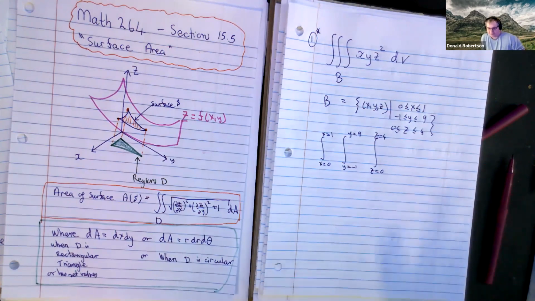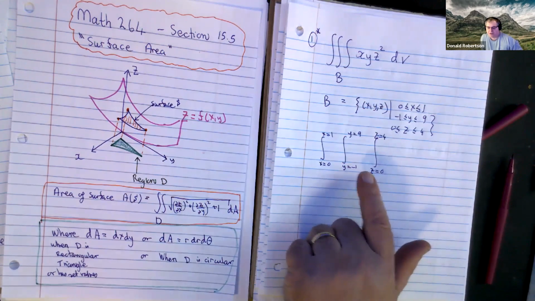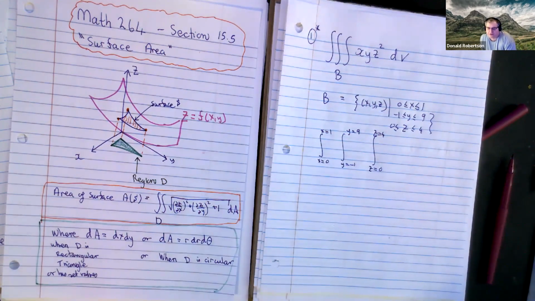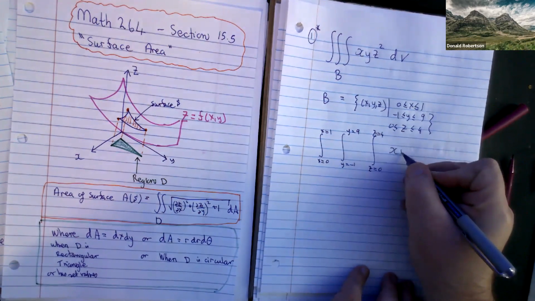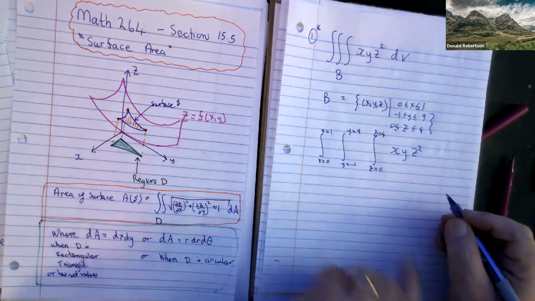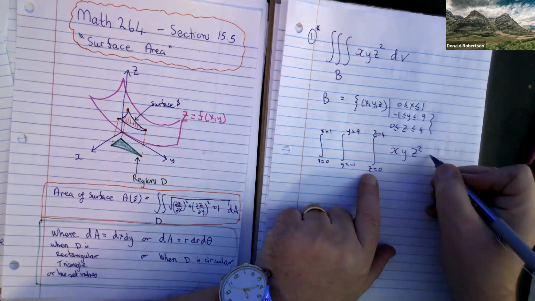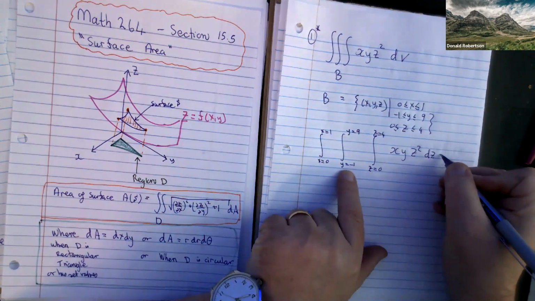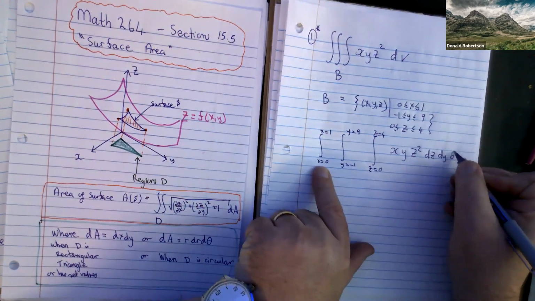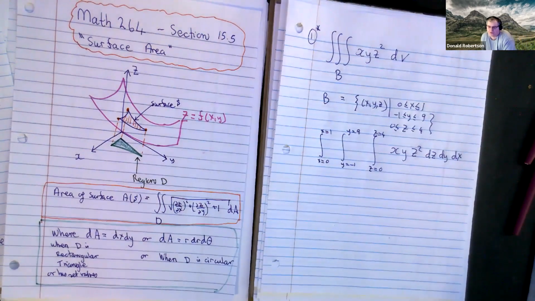No, not in this particular way of doing things. Each one is considered independent of the others. Now, the function that we've got is xyz squared. And since the order I've set it up is going to be dz, dy, dx,